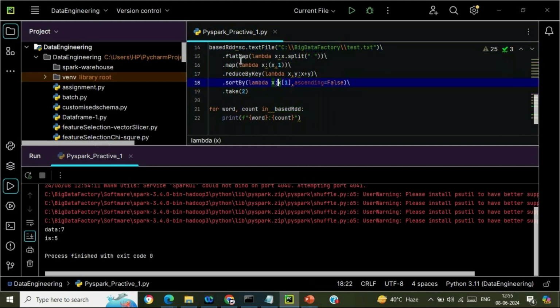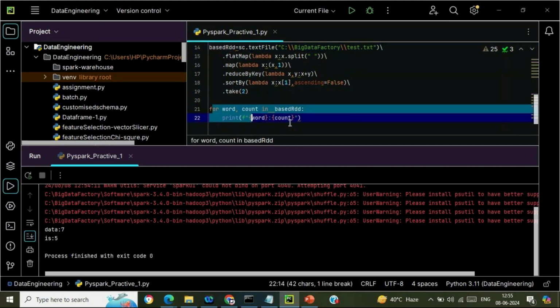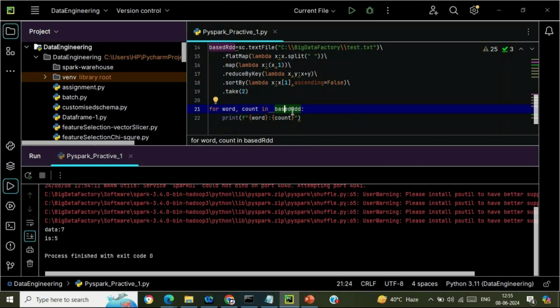At this moment, it is not, you can say, an RDD. Okay, so then I have iterated it with the help of this particular for loop, like base RDD. I have mentioned RDD, but that is not an RDD. Okay, so let me try to print the type of